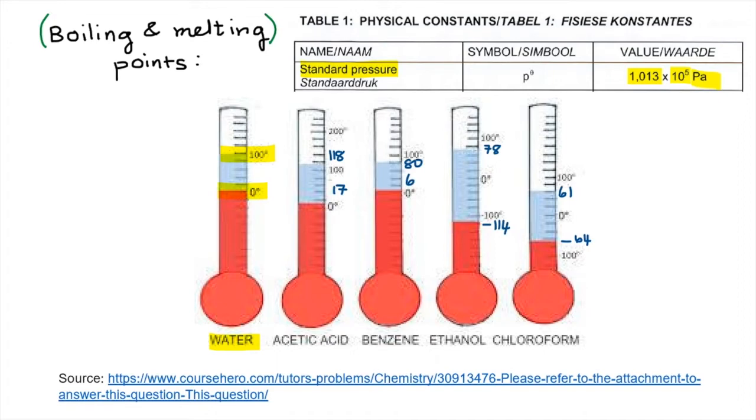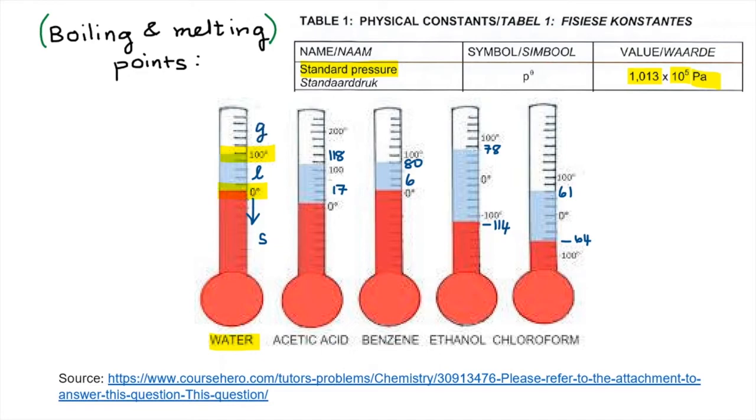Celsius. That means that when the temperature is lower than 0 degrees Celsius, then water is going to be a solid. If it is between 0 degrees Celsius and 100 degrees Celsius, then we will have water in its liquid phase. And if the temperature is higher than 100 degrees Celsius, then the pure water will be in the gaseous